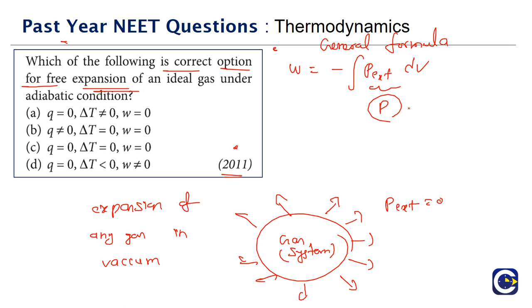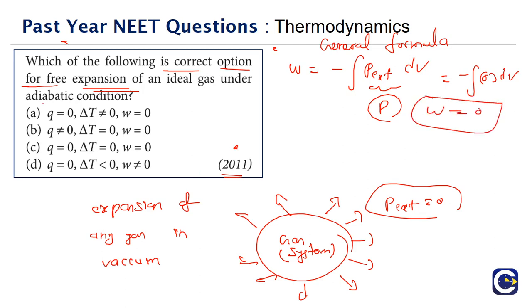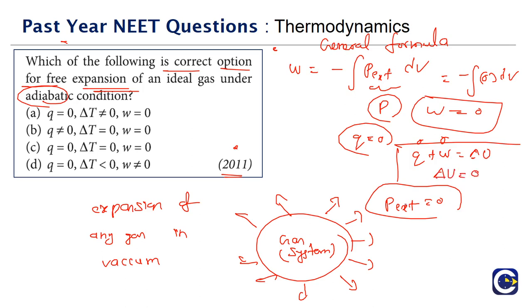Now let's look at this. Here the external pressure is 0, meaning in this integration we will have minus integral 0 dV, which is 0. So W will be straight away 0, and they are saying it is adiabatic. Adiabatic means Q will be equal to 0, no heat exchange. Now if you look at the first law statement, Q plus W is equal to delta U. Q is 0, W is 0, so delta U will be equal to 0, meaning the change in the internal energy is 0. That is going to happen when temperature is constant, right? Because what is the delta U formula? Delta U will be equal to nCv delta T, isn't it?